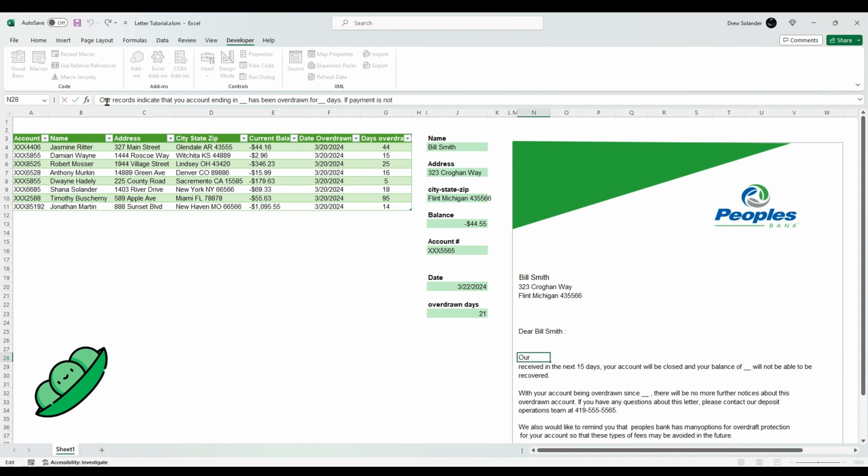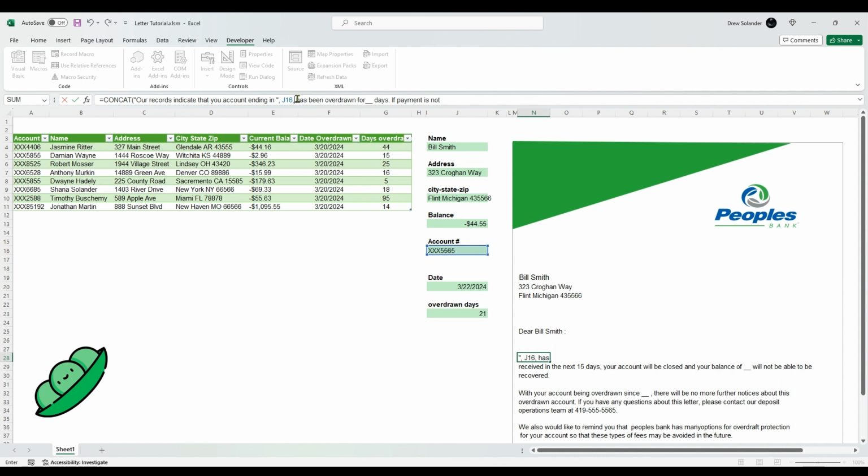So again, equals cat, and then wrap that here in quotes, comma, get rid of that, and actually we'll put another space here, and then we're going to go, so this is your count will be count ending in. So now we want that count number, so this is where we're going to grab this. We're not going to reference the table itself, but we're going to reference this, and then